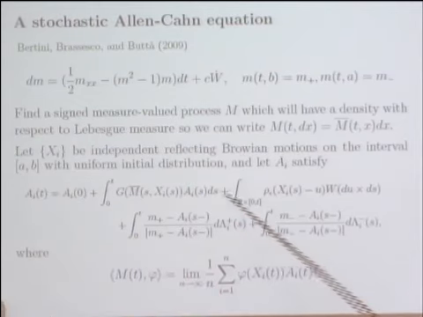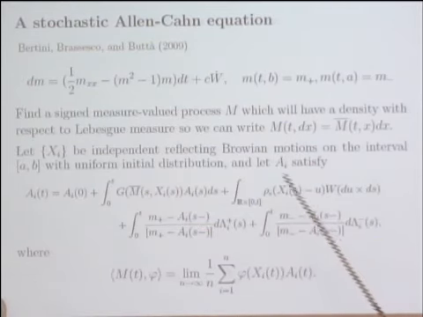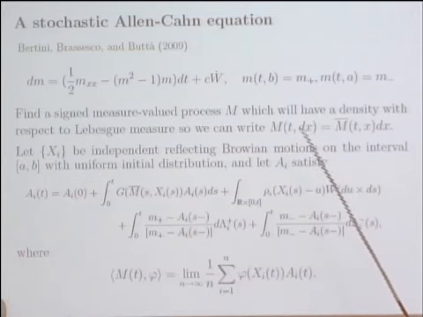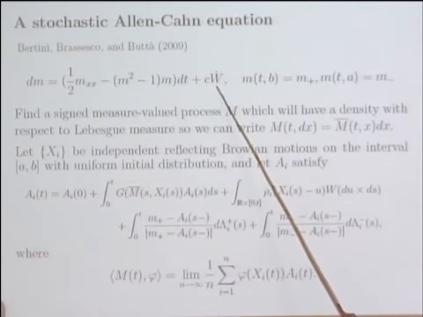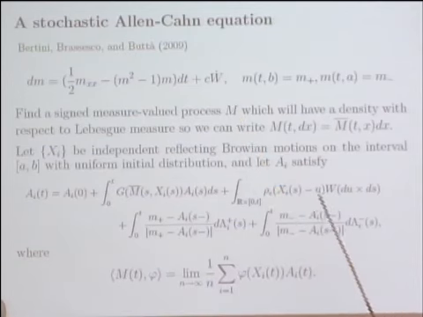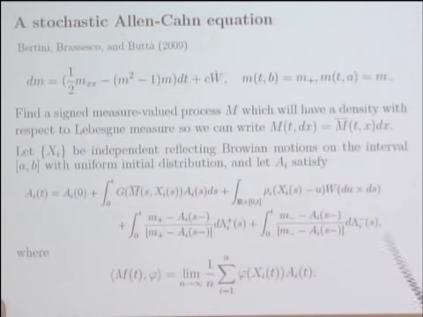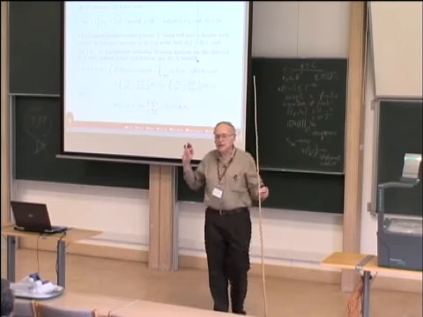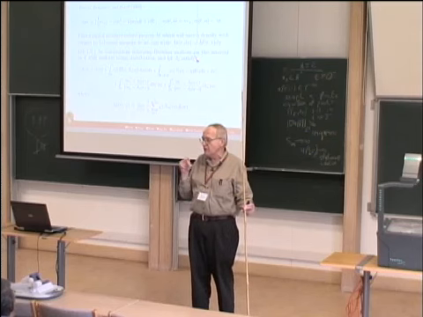And my A satisfies an equation that looks like this. Don't worry about these terms. Here comes the Gaussian white noise, except I'm going to smooth things out. Stella was using white noise perturbation here. I'm going to regularize things a little bit, and we'll come back to that in a minute and see what happens when we try to get rid of that. Here's my A. It must be easier to explain the process than the equation.